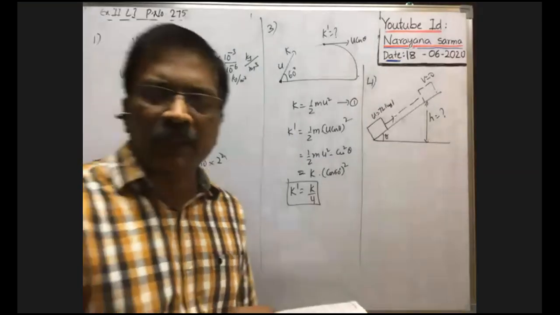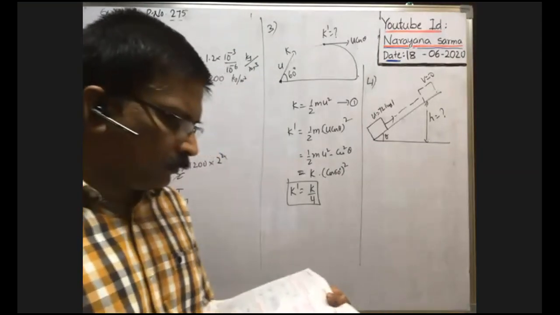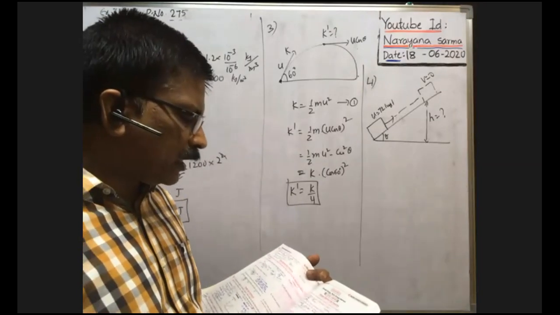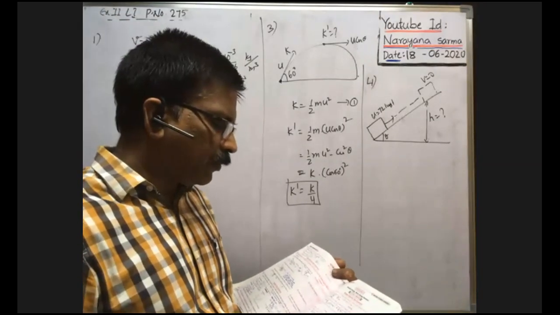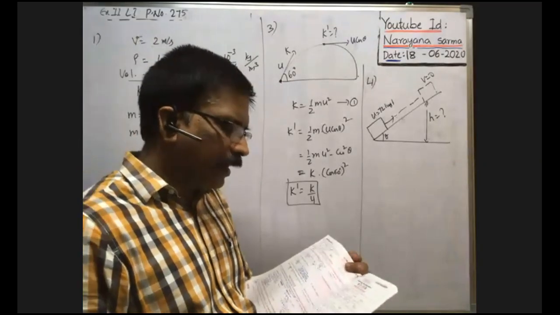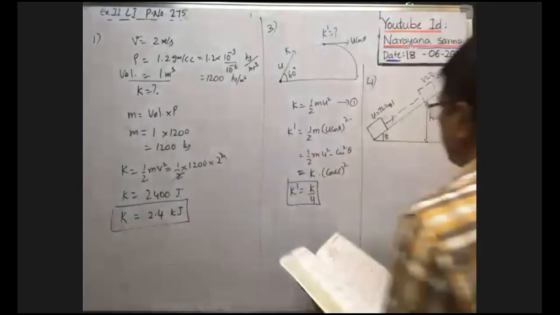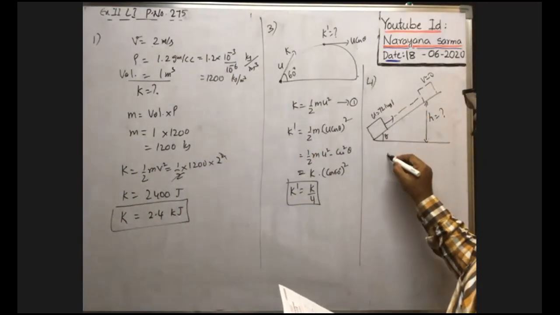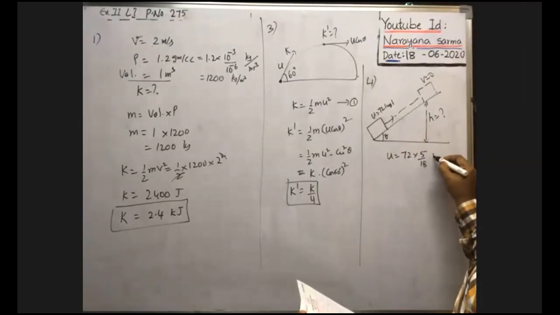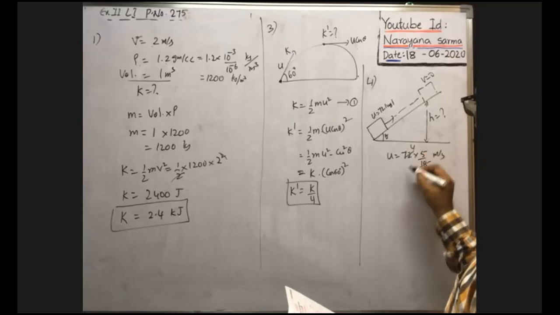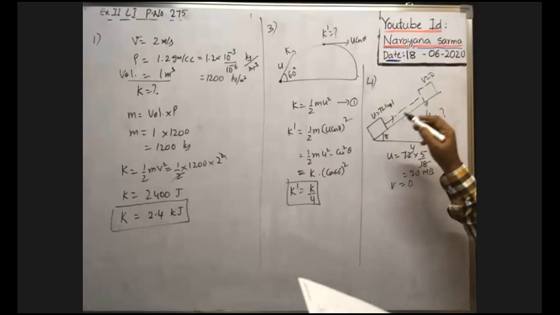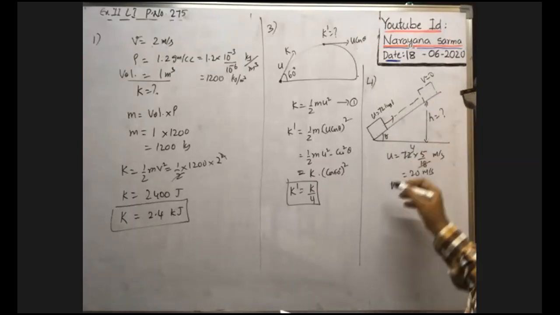Okay, all of you look at the board. A car moving with a velocity of 72 km per hour stops its engine just before ascending an inclined road. You see, the initial velocity u is 72 km per hour, which means 72 times 5 by 18 meter per second, so 20 meter per second. Final velocity becomes 0. So the net work done in moving the body along the inclined plane upwards is known now.